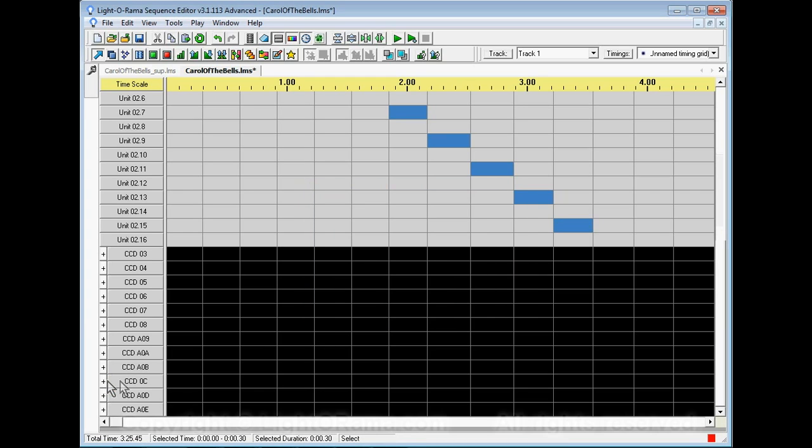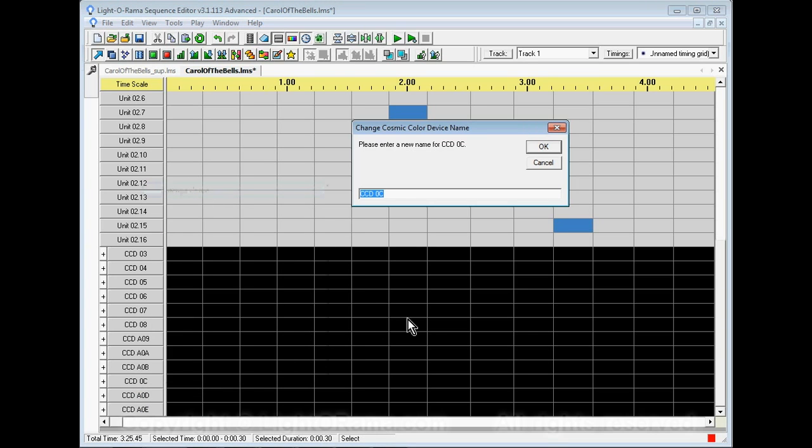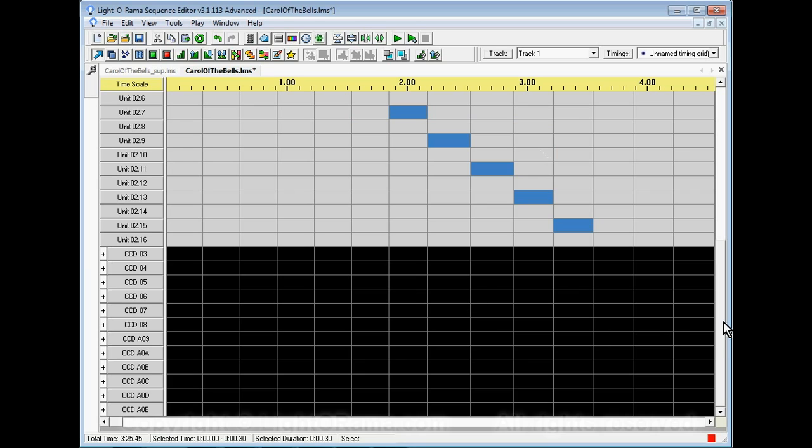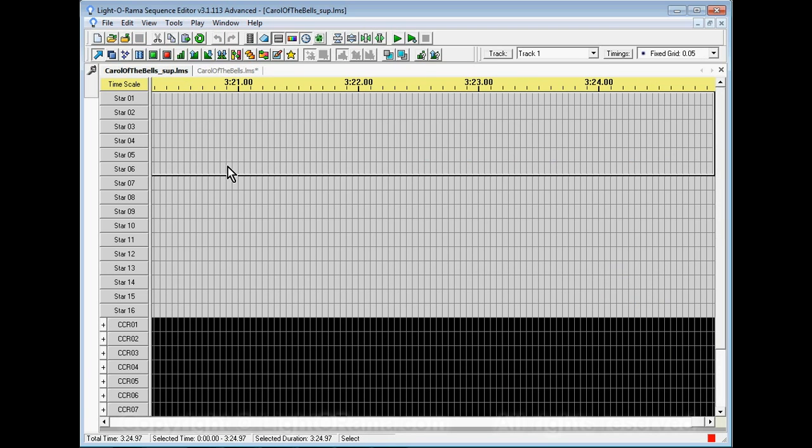I compress him again. Now the name did not change when we corrected the network that he's on. So I'm going to click on change name and put the A in there so that I know that I have corrected him. So now we have all the CCRs added here, and we can go back to our Carol of the Bells underscore SUP sequence, which is